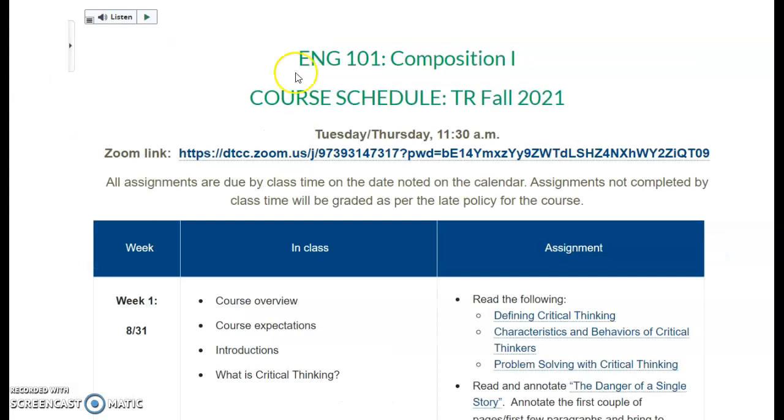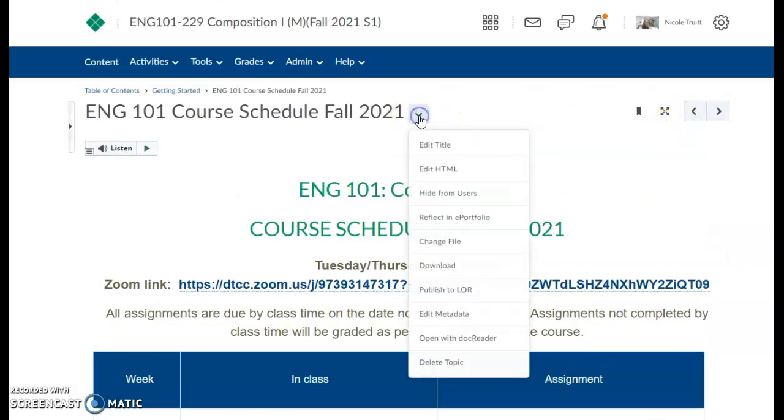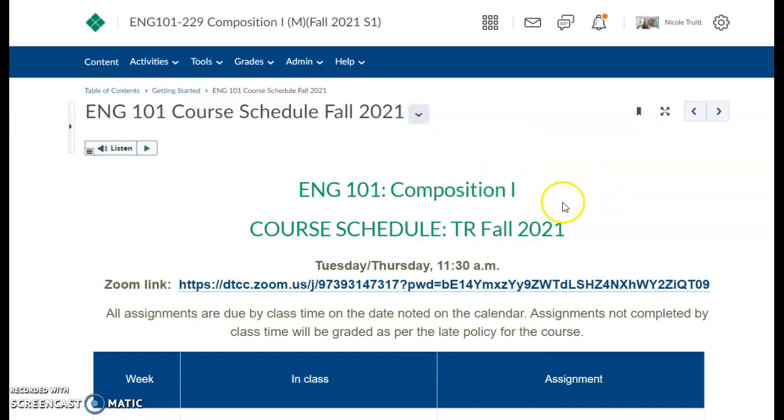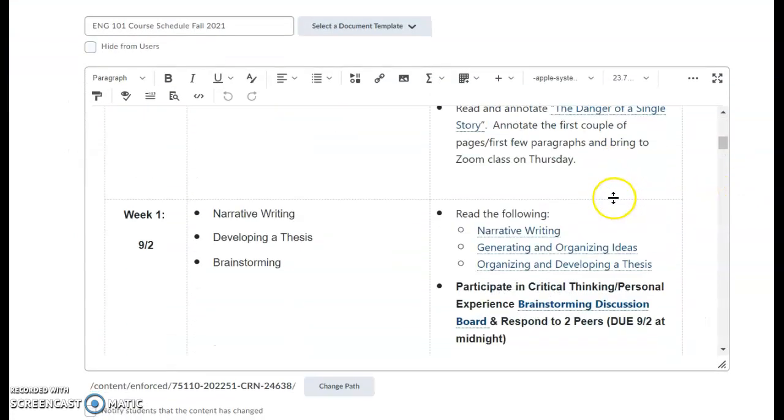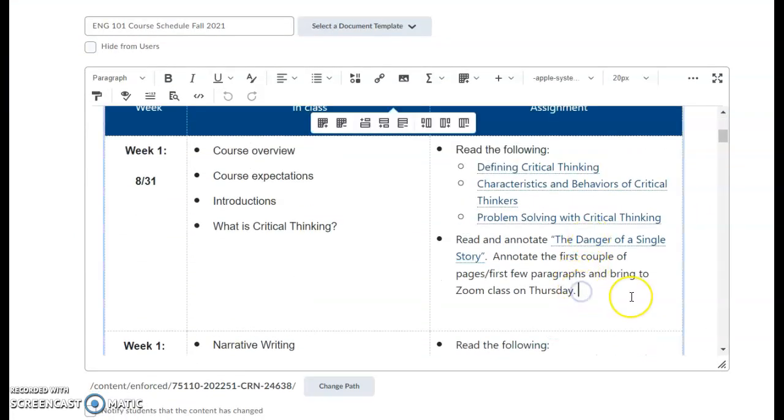The other way to do it is to go into the course schedule, go to the drop-down menu and choose Edit HTML. And then once the box opens and allows you to edit the course schedule, then you can just click into the box and assign a due date next to the assignment. This one might have been due on 8 something. I don't know when it was, but